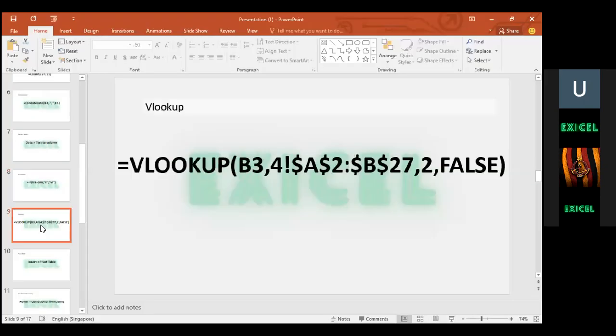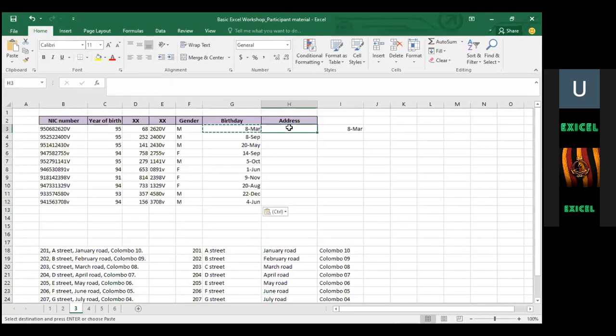Then now there is something called VLOOKUP. VLOOKUP is a little complicated if you are new to it, but it's something that makes your life very easy when you're dealing with big sets of data. I will just demonstrate how you all can do that. So now moving back to my Excel file,